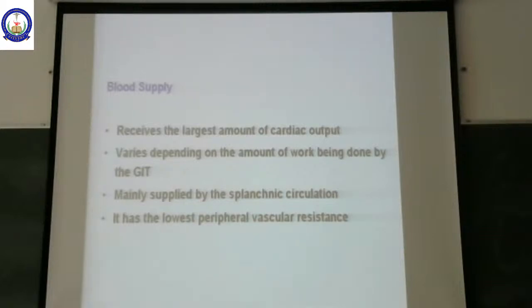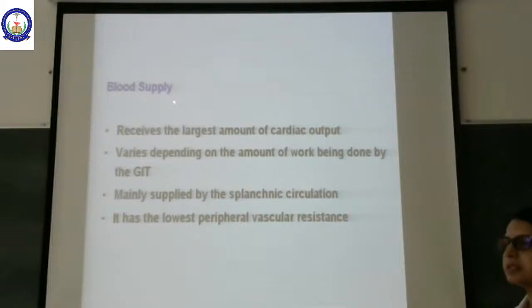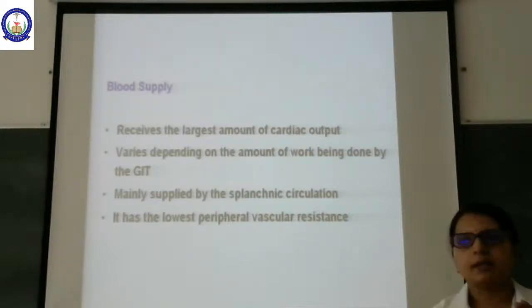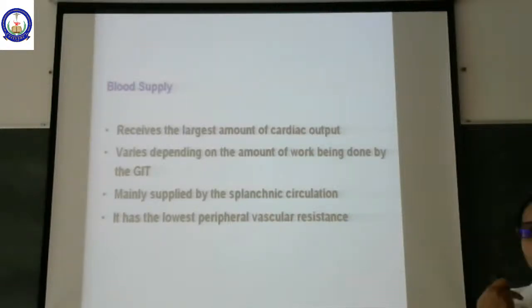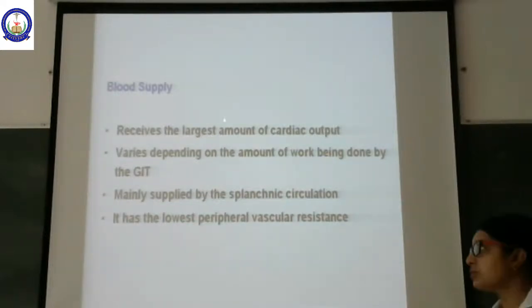Coming to the blood supply of the digestive system. The digestive tract receives the largest amount of the cardiac output. The heart's function is to pump the blood, isn't it? And this blood should go to the brain, to the lungs, to the muscles, to the bones, to almost every organ in the body. So among all the structures, the digestive tract receives the largest amount of blood from the heart. This varies depending on the amount of work being done by the